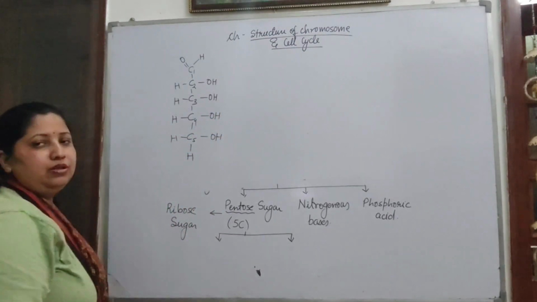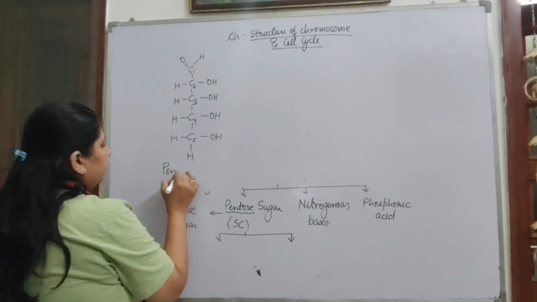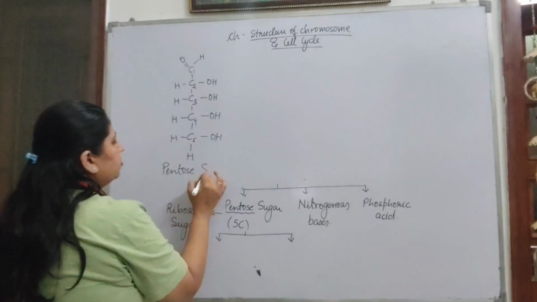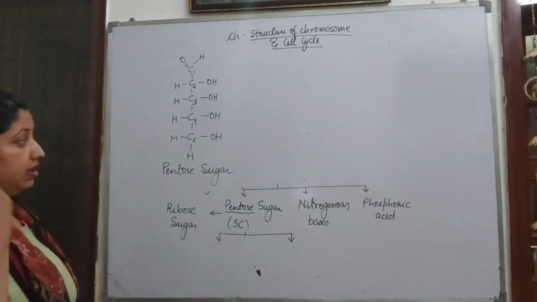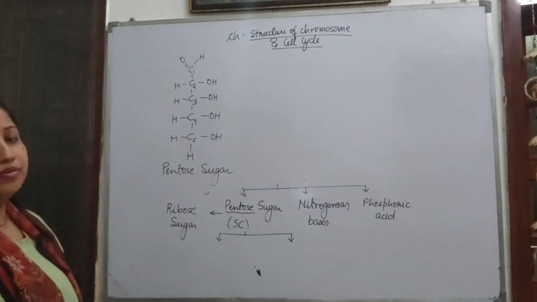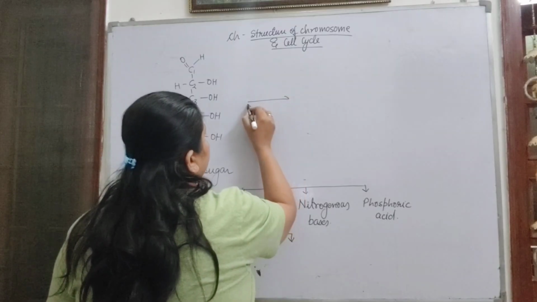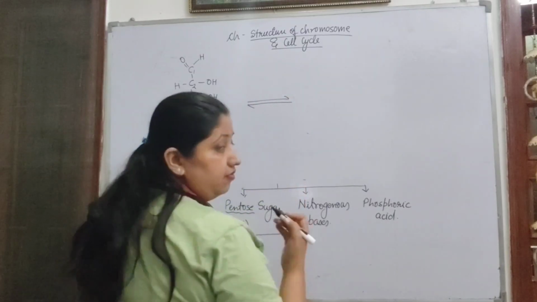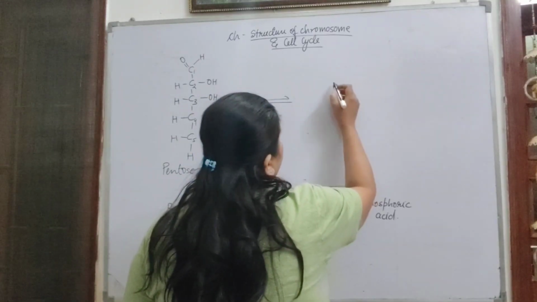So this is the pentose sugar, 5 carbon sugar, in the form of chain. But in the chain form it is not stable. In nature, this chain form is not stable, so it changes. In which form does it change? It changes into the ring form. So when pentose sugar changes into ring form,